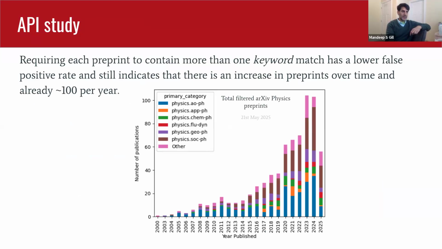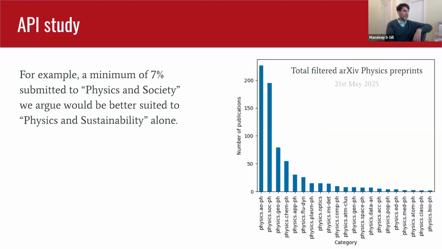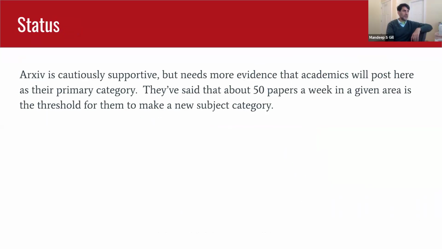increase in time. So you'll see up to maybe over 100, and this is where they break down their different categories that they've broken down into on the archive. So I'll note this is maybe 100 a year up through 2024 or later. And this is an argument that maybe some of the ones that go to physics and society would be better in physics and sustainability. So this is close to the end.